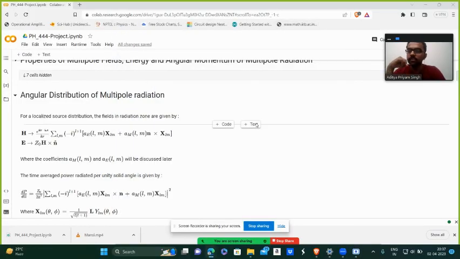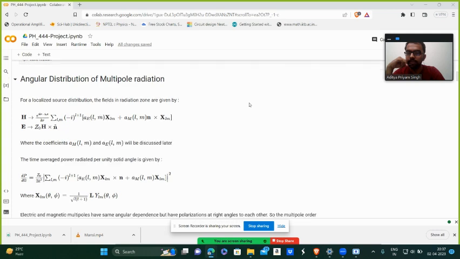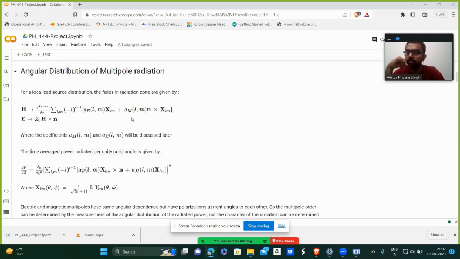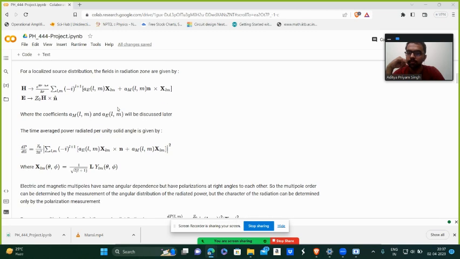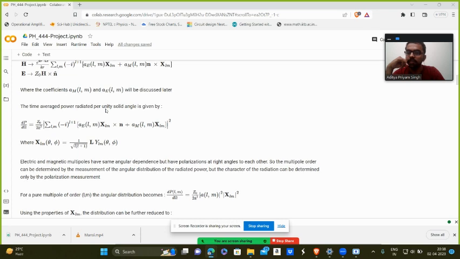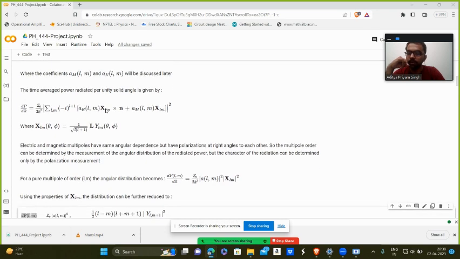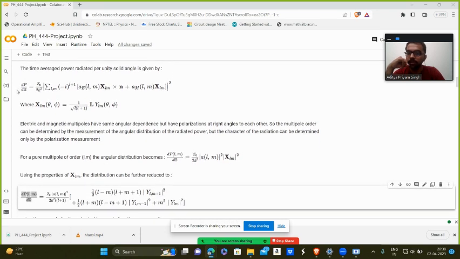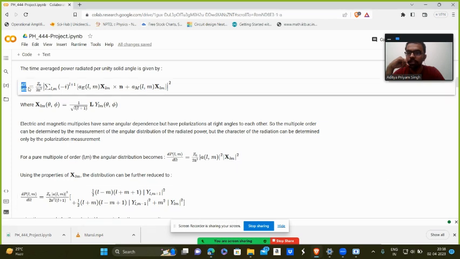So, moving on with the angular distribution of multipole radiation. For a localized source distribution, the fields in the radiation zone can be represented by these two equations, where the coefficients A_M of L,M and A_E of L,M will be discussed later. The time average power radiated per unit solid angle is given by this equation: dP/dΩ